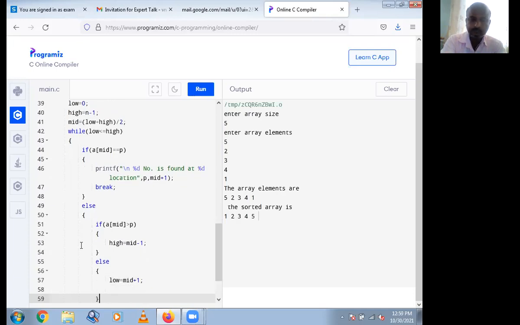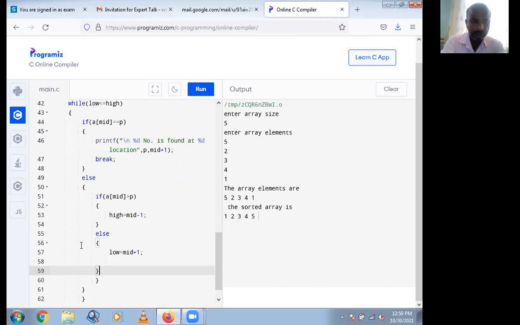Then complete this loop. Then find the new mid. Mid is equal to low plus high, all divided by 2.